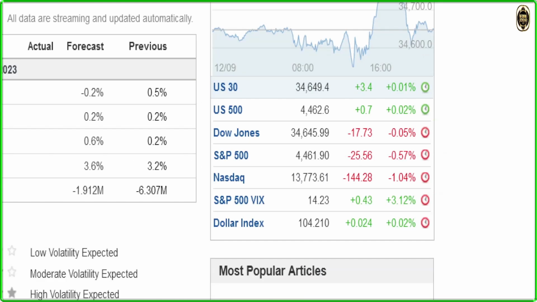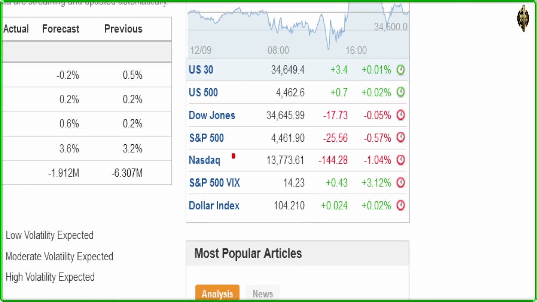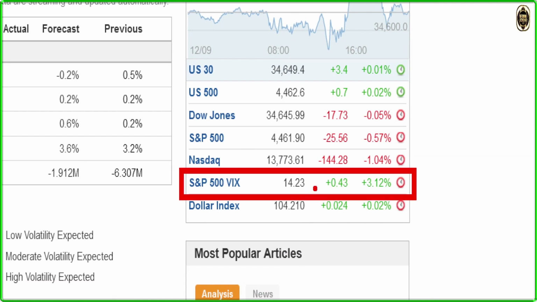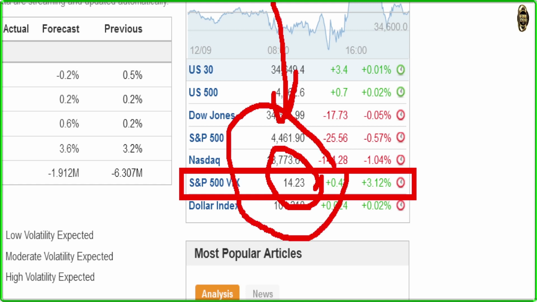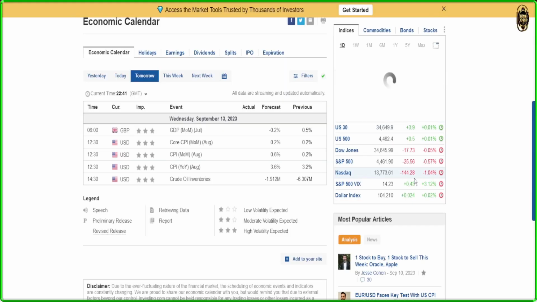And here is our friend, the table of the US. We're looking at it every day. Look at it, the VIX today went back up. We are at 14.23. That means volatility went back up a little bit, so you need to be focused on that one. But everything is still looking fine because we are also below 20. That means not high volatility, but it went back up a little bit, and that affects the market a little bit. I think the picture is very clear, guys.